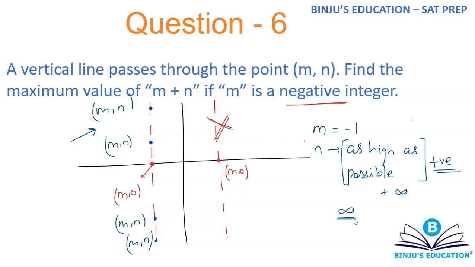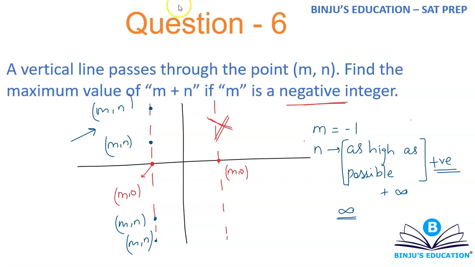You want to maximize n, it can be infinity. Or they can give you some other condition on n, that n is an integer value less than 20. In that case, the maximum value of n can be 19. So 19 minus 1 will become 18. If the question is a gradient question, then it can be reframed. If they want you to mark one of the answers, they can reframe the question. They can give you that n lies from here to here or m lies from here to here. Find the maximum value of m plus n.